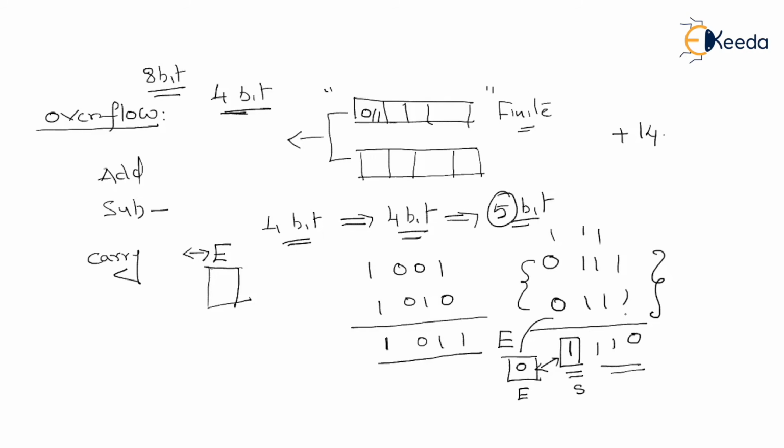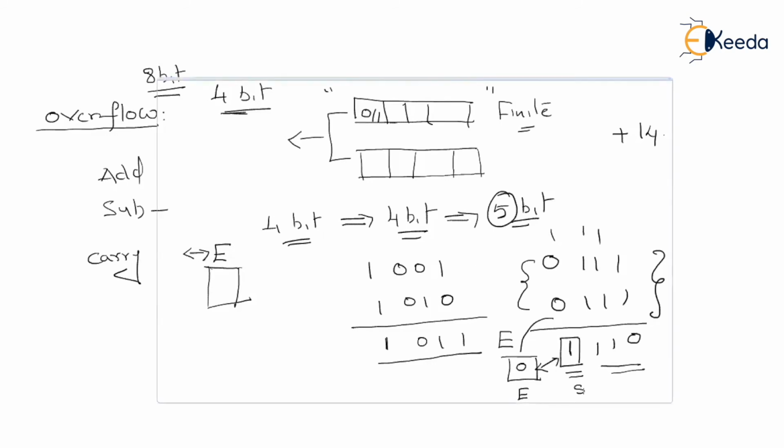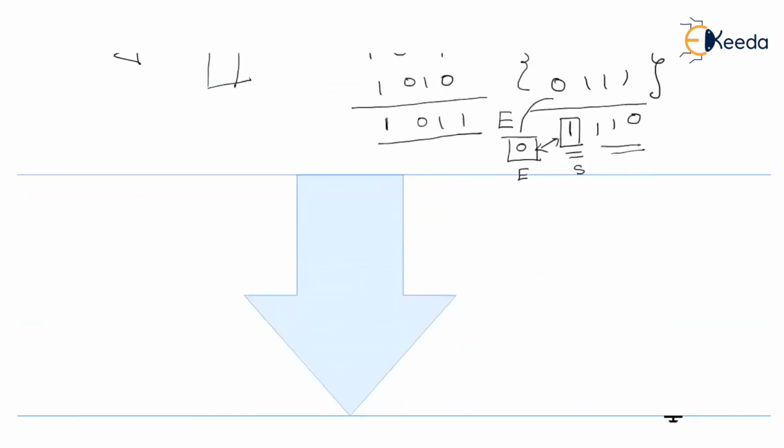But because of the addition, what happens? We got a carry into the sign digit. And the actual value of the sign has been transferred to this extended digit. So this is called overflow. What is overflow? Now you can understand it correctly. That is an unwanted reversal of sign, rather an accidental reversal of sign.